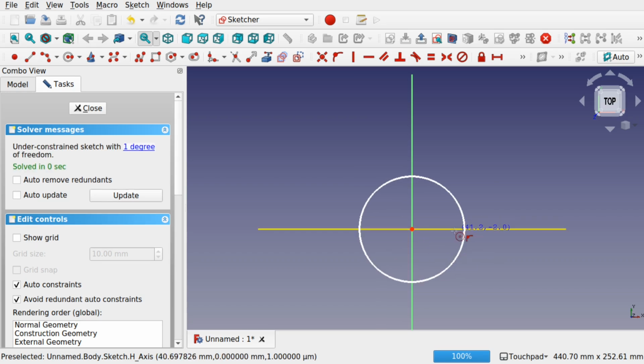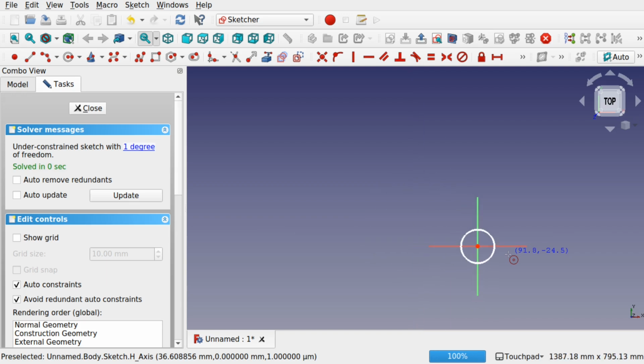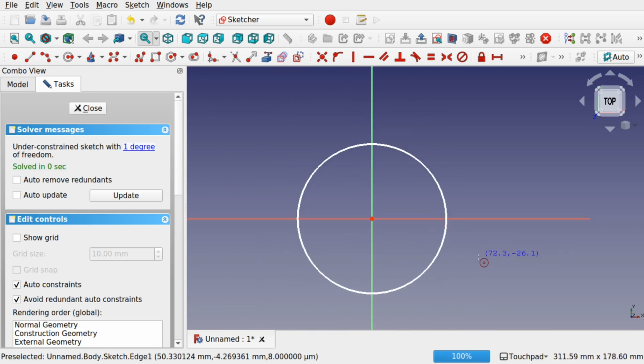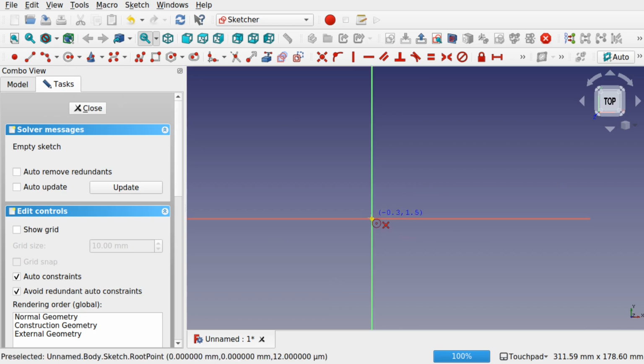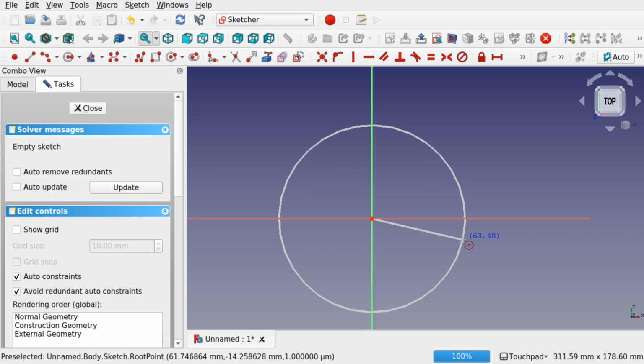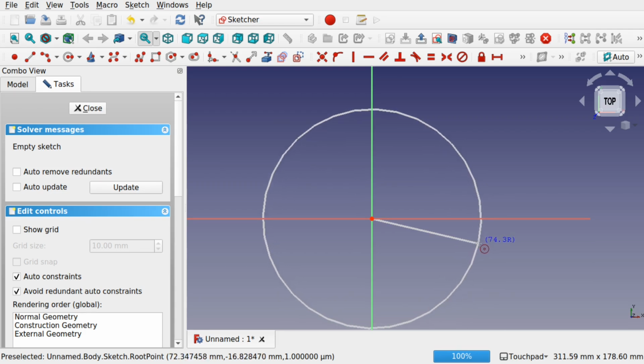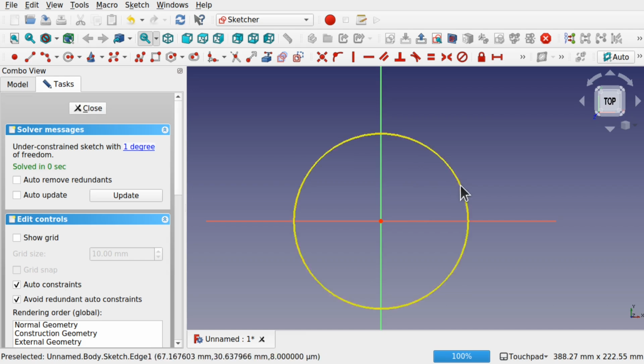Now it's worth placing the circle in here and looking at what we have down here to see how far we've zoomed out or zoomed in. That gives us an idea of the size of what we just placed down here. And also if we look when we're actually creating this, so hit escape and just delete this and go to the circle and auto constraint to the center. I've got the auto constraints on and avoid redundant constraints on. We can go to the center there, and as we move out we can see how far we're moving. So we're moving out 60, 66, 72 if we look down to the bottom, 71 millimeters there, and hit escape,